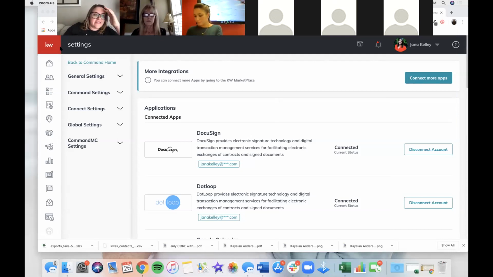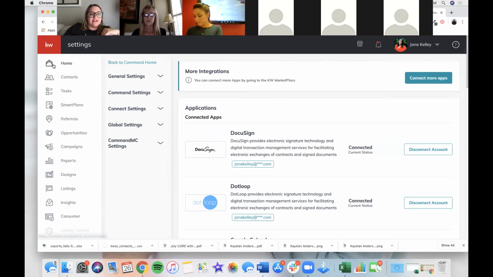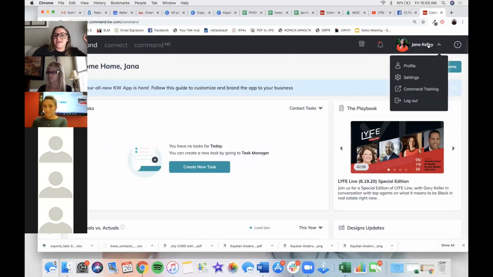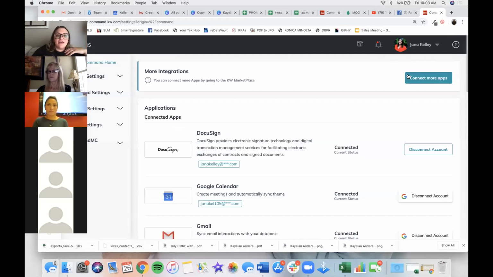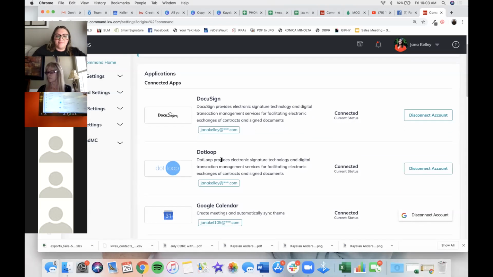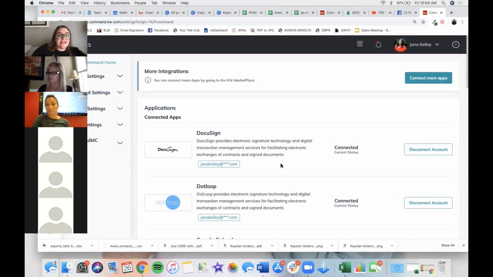And the first thing that we're gonna do, just like we had to integrate DocuSign, you have to connect it. So if you guys have already done this, hang tight. You're gonna go to your settings. And you notice you're probably not gonna see your Dotloop account. Oh, hang on a second, it is connected. In the top right. Okay, so if you don't see Dotloop here, you're gonna have to go ahead and add